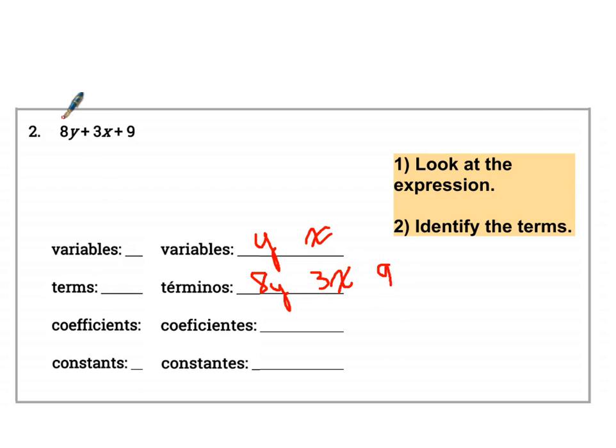And coefficients. The coefficient is the number in front of the variable. My coefficients are 8 and 3. And constants. The constant is a number that is not in front of a variable. I have one constant, and that is 9. Now, I have no doubt that you got all of these correct. So on to